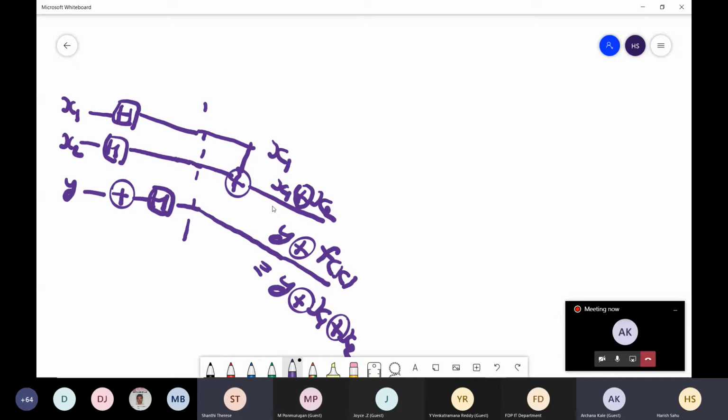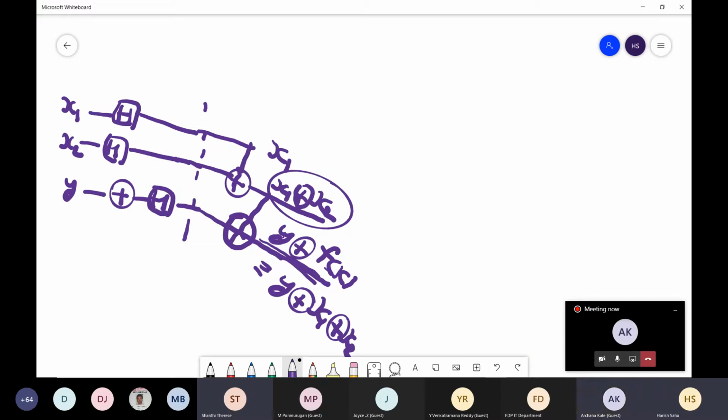So as Archana suggested, if we apply the CNOT gate from here to here, then x1 XOR x2 will be XORed with y, and that is basically our fx. So now what we have here is y XOR fx on this third qubit.